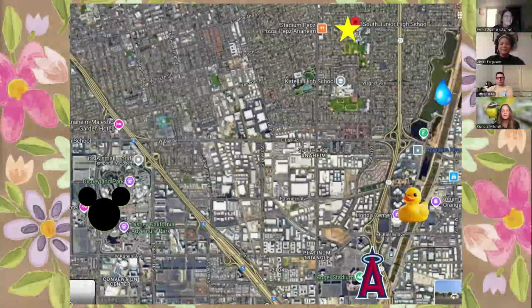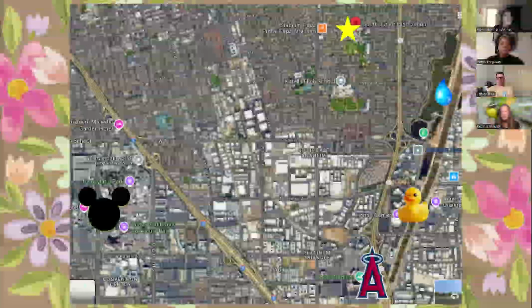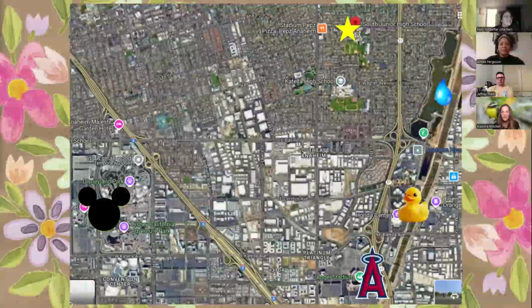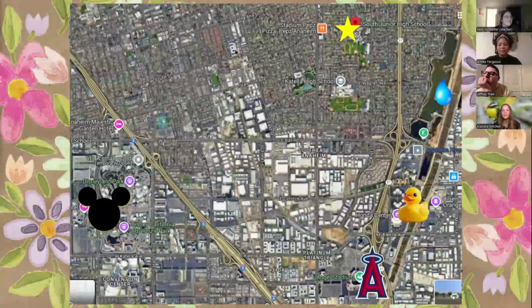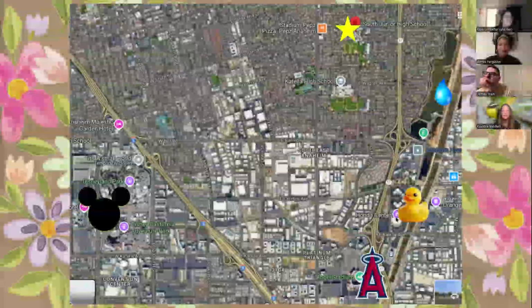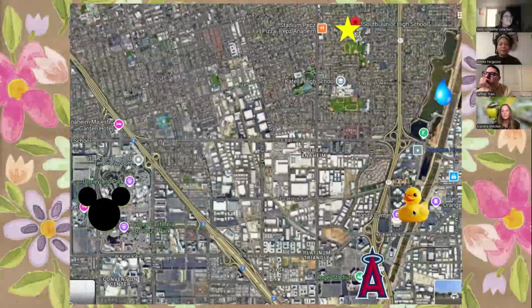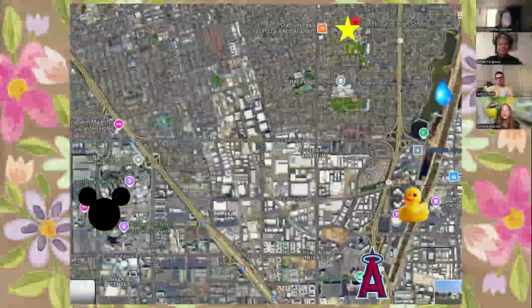Putting in perspective the urban nature of this, and I know I saw a lot of people that are writing from urban areas, so you can still implement the outdoor ed with those areas. So the star is my school, and then the duck, that's where the ducks play. It was more fun to put a rubber ducky than a hockey puck. Then we were right down the street from Angel Stadium and right down the street from Mickey Mouse, otherwise known as Disneyland. And then this is important for what I'm going to share. We do have a body of water. It's lined in cement, but there is water nearby with a freeway in between.